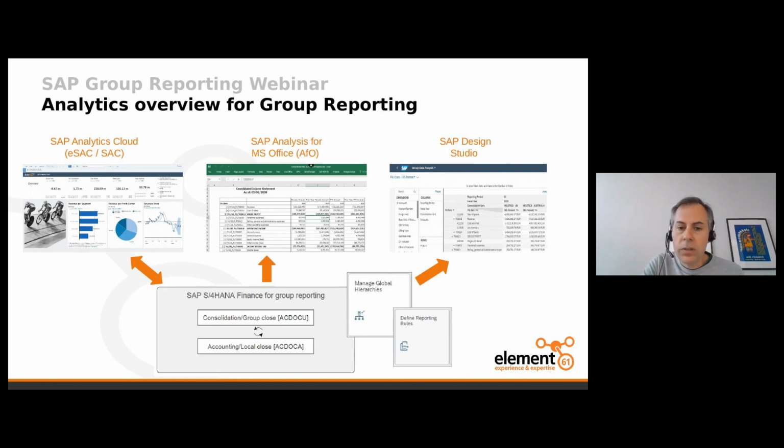But we also have other options as well. So we also have AFO. AFO is very interesting for extracting data from the SAP S4HANA environment, extracting it and putting it into Excel. And then you have the full functionality of Excel in order to create reports. So you could create all different types of disclosures, all different types of analysis that could be done in, say,